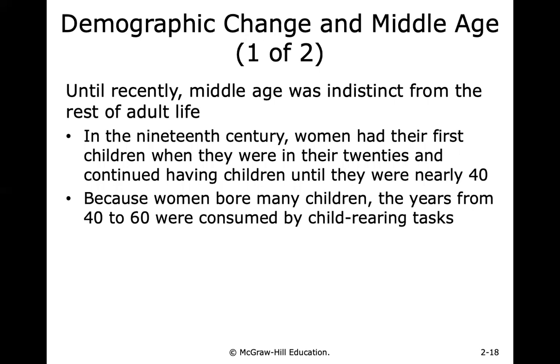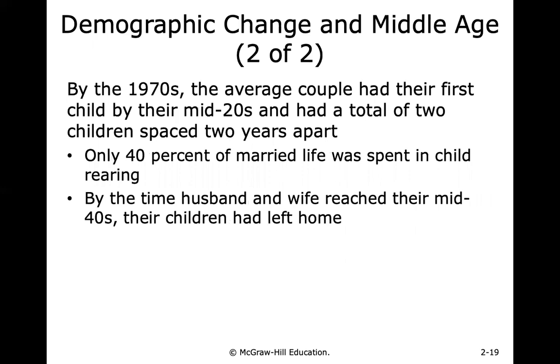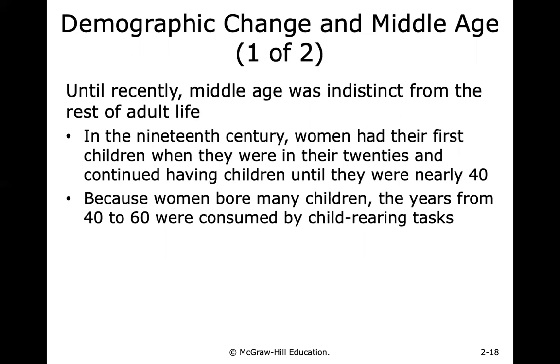So if you think about that, do we see that now? Or do we now notice that there's more of a change toward that acknowledgement of middle age? And where that occurred was about the 1970s, where couples at that time were having their children by their mid-20s, and they had a total of 2 kids, as opposed to the 19th century when individuals were having